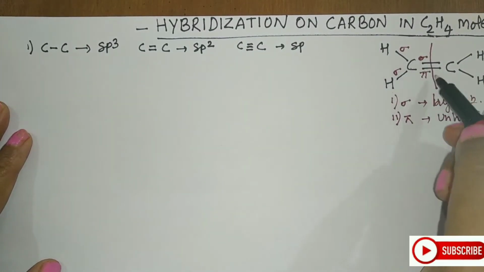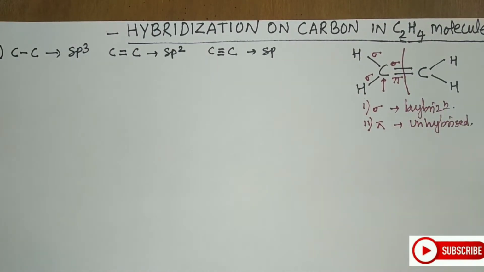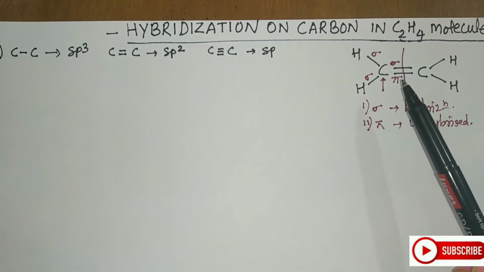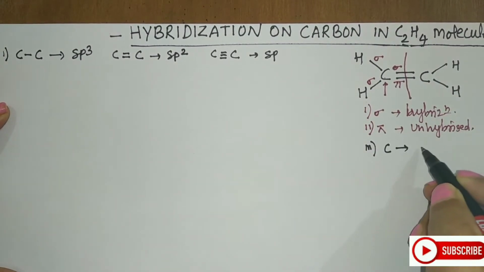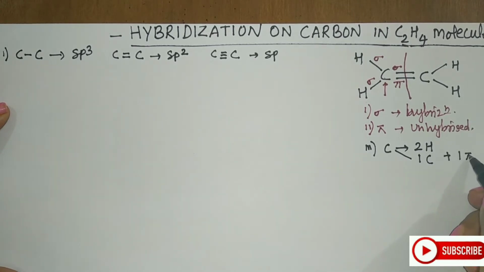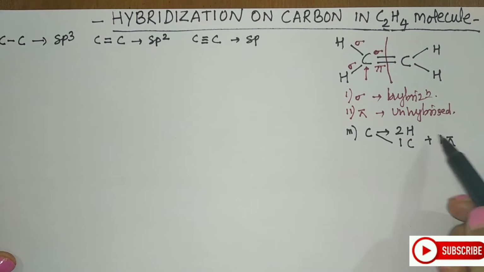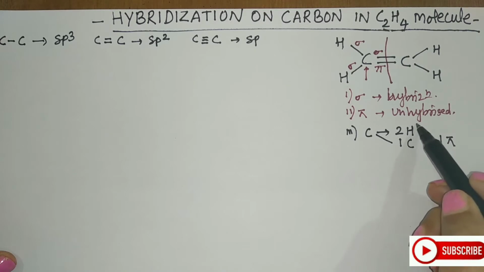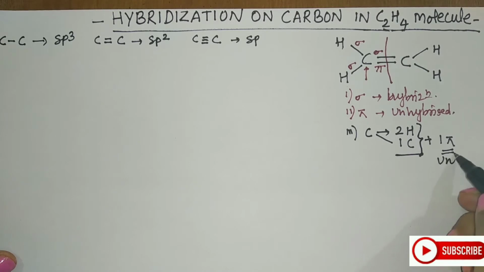Now if you see here, the central atom I will assign is the carbon atom. So let us start with the electronic configuration of carbon in its ground state. The third important thing is that carbon is attached to 2 hydrogen atoms and 1 carbon atom plus 1 pi bond. So those many unpaired electrons I have to prepare. How many unpaired electrons will I form? 2, 3 and 4. Now out of those 4 unpaired electrons, 3 I will show undergoing hybridization and 1 I will keep unhybridized.